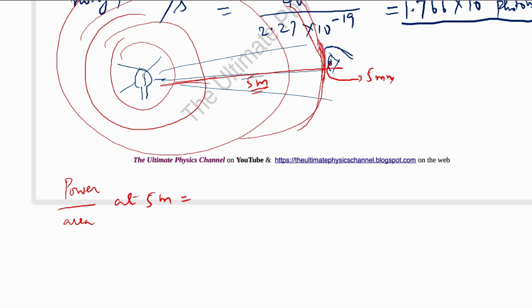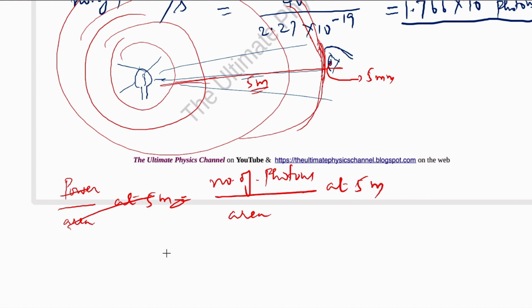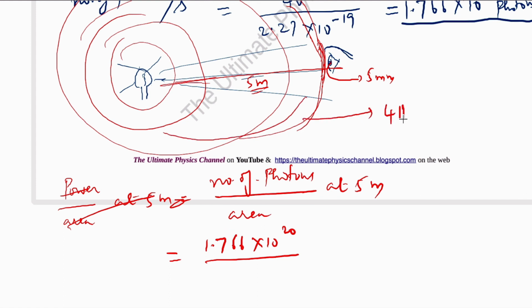We need number of photons per unit area only. So the number of photons per unit area at 5 meters is equal to the total number of photons emitted by the bulb, 1.766 into 10 power 20 photons, over the area we are talking about, a spherical area. The surface area of that sphere is 4 pi r squared, where r is the radius,